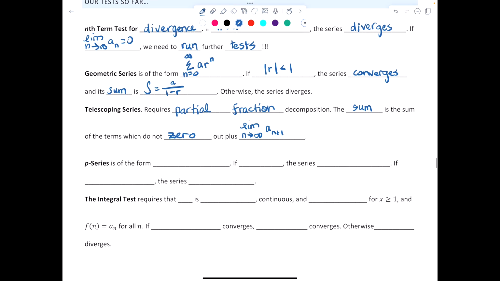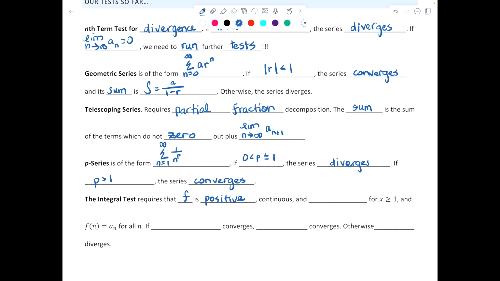A p-series is of the form summation as n goes from 1 to infinity of 1 over n to the p. If 0 is less than p is less than or equal to 1, the series diverges. If p is greater than 1, the series converges. Cool? All right, the integral test requires that f is positive,